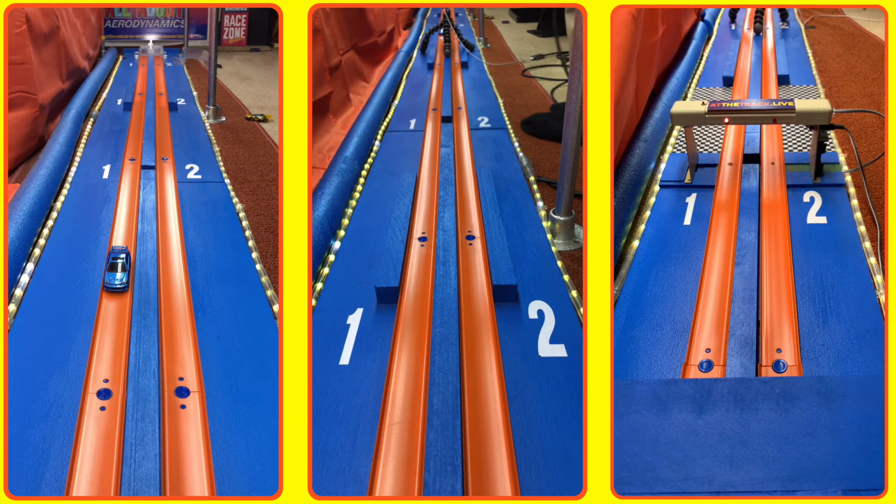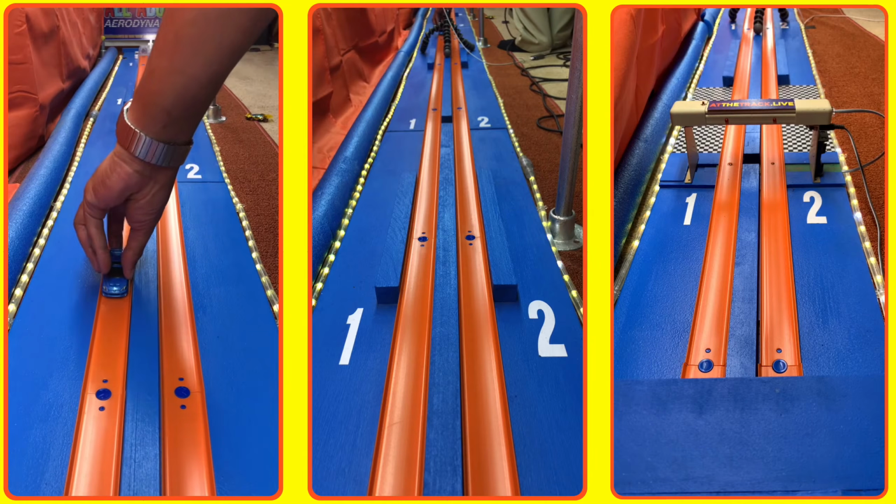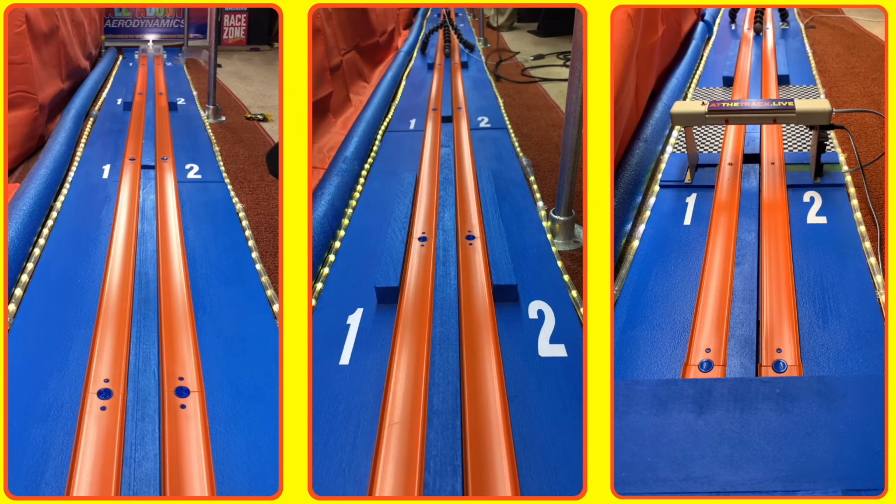it looks like the Honda, but we are going to switch lanes, and we're going to see if the Surf Crate can come back. Surf Crate's got to take 2 races in a row, which is not unusual. I've seen cars do that in the past. Not a big deal,